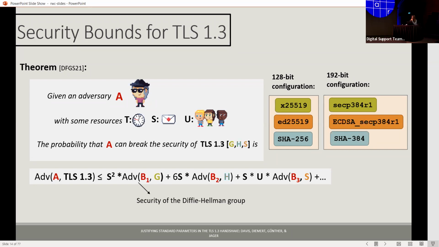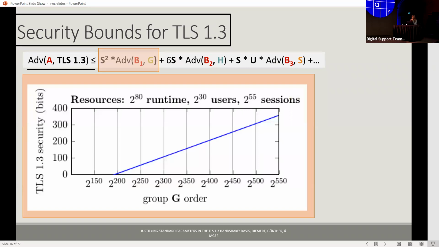Each term in the bound has two factors. One that bounds the probability of breaking the underlying primitive, multiplied by a function of the adversary's resources. Because these multipliers are all polynomials, we say that TLS 1.3 has asymptotic security. Asymptotic security means, in practice, that we can achieve any security level we desire by using large enough parameters and